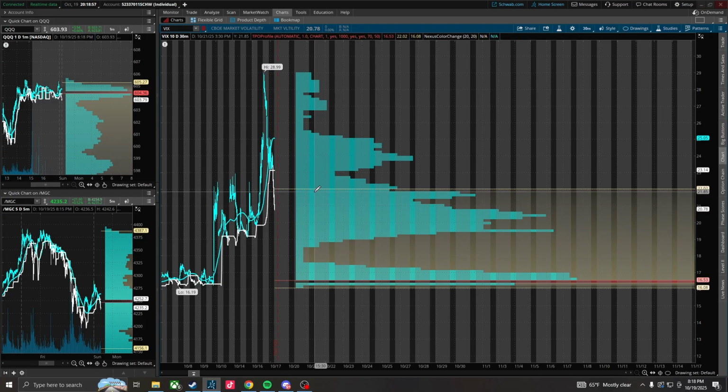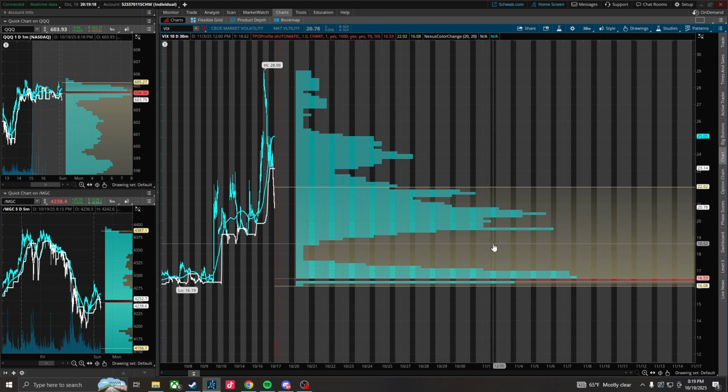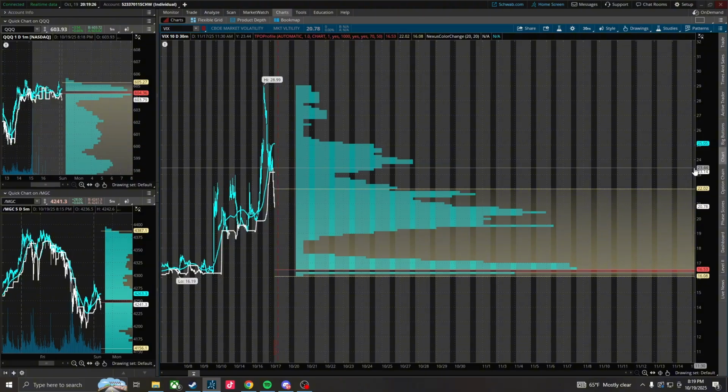So like this whole section that's all highlighted blue. Not sure why this tool is not working, but you guys could get an idea with my mouse that this whole area would be a good traded zone, a high traded zone, rather than here, right? There's not that much trading going on up in here for the TPO to mark out, so that's why it is gapped like this, right? And what I like to do with the TPO profile is I like to see where the VIX is, whether the VIX is bullish or bearish,